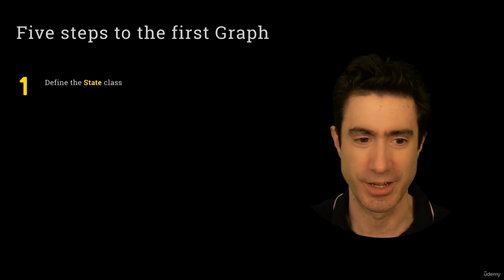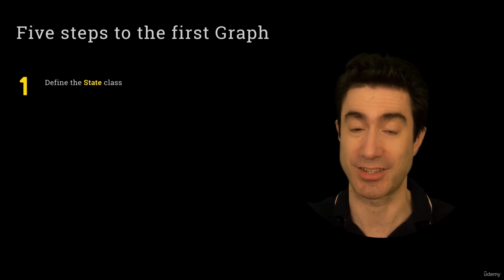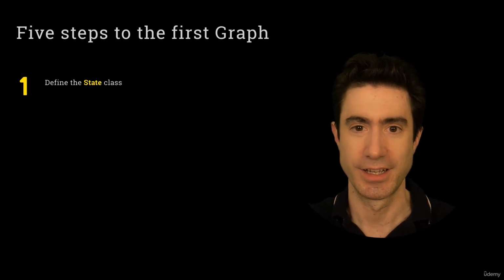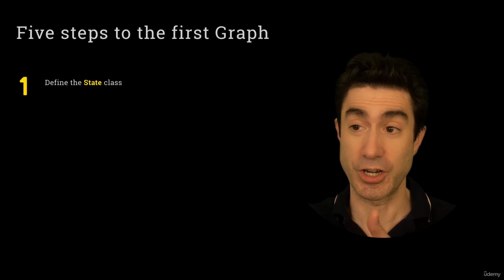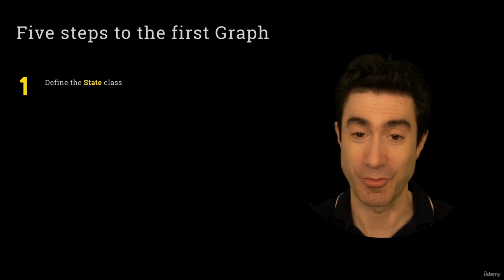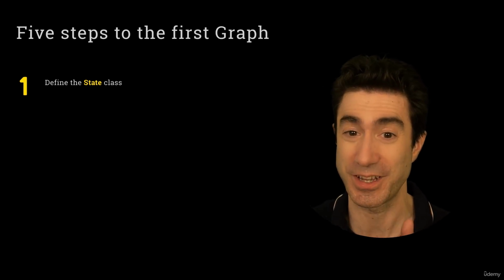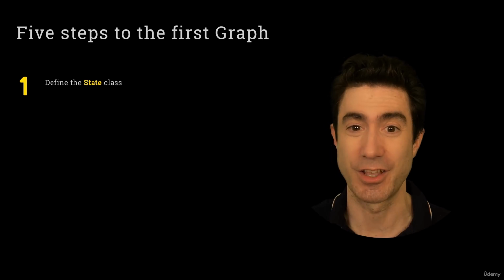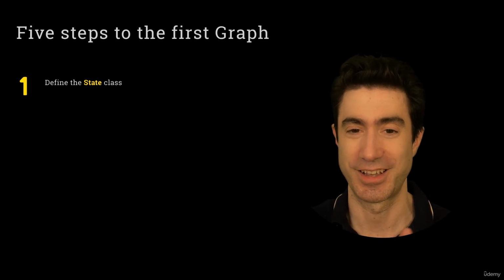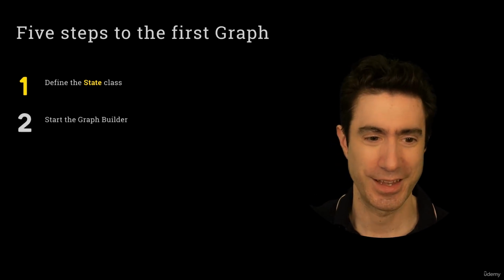First of all, you have to define your state class, the class which is going to store state. You don't create a state object, because there'll be new objects created all the time. So we'll define the state class. And you'll find out when we actually do this, there's something associated with that state class known as the reducer. That's a very important concept, but I'm going to leave it to tomorrow.